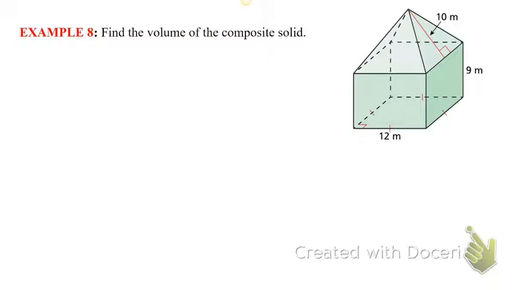This time we're asked to find the volume of a composite solid. Well, if you don't already know what the volume of a composite solid is, I'll explain it to you now. You can see that in this picture, someone took a rectangular prism on the bottom, and then they put a triangular pyramid on top of the rectangular prism that just so happened to have a base exactly the same size